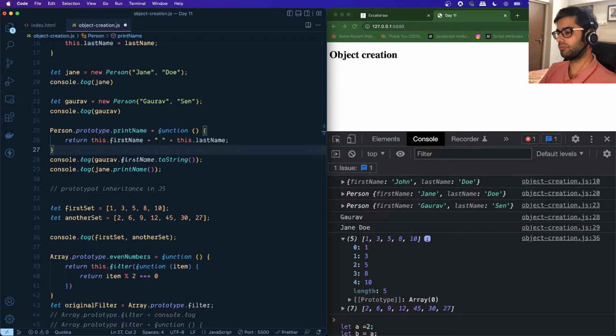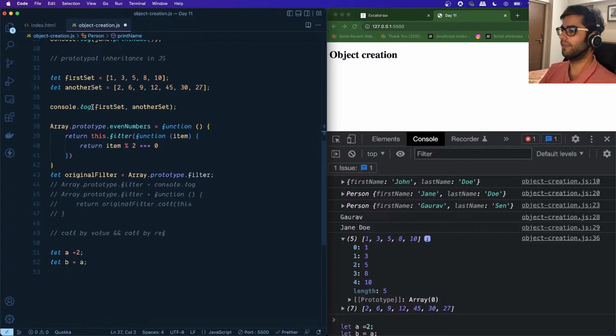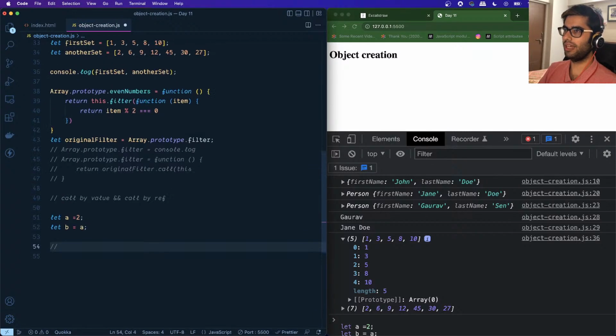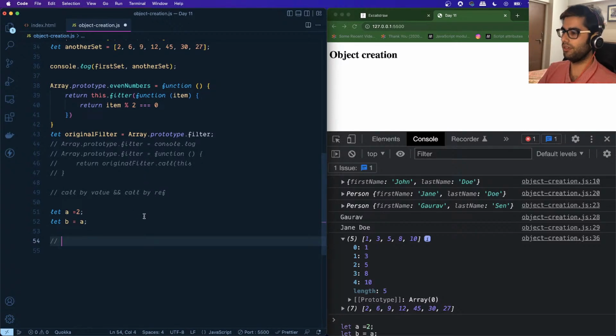So that is the benefit of this. Then let us look at a couple of other ways by which we can create an object. So the next type is, we had looked at everything till the function constructor. There's another method known as Object.create,